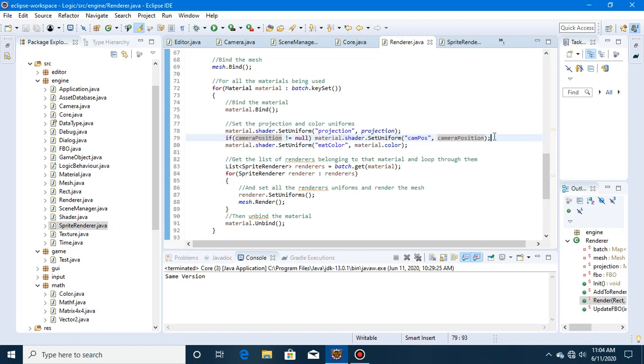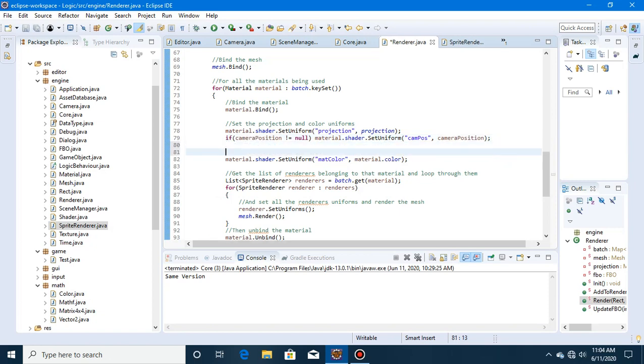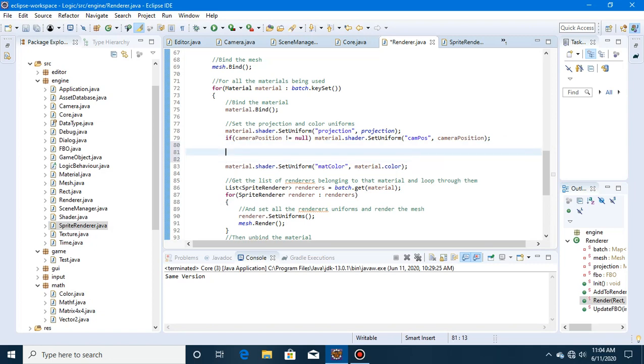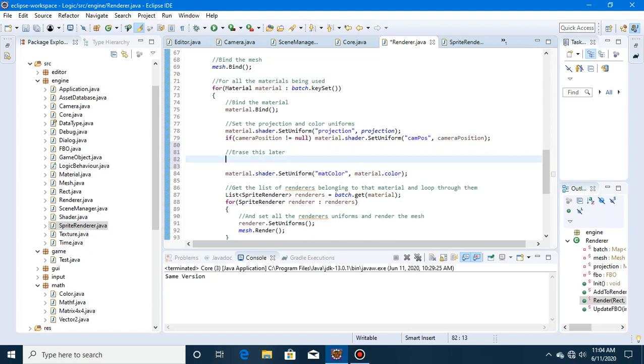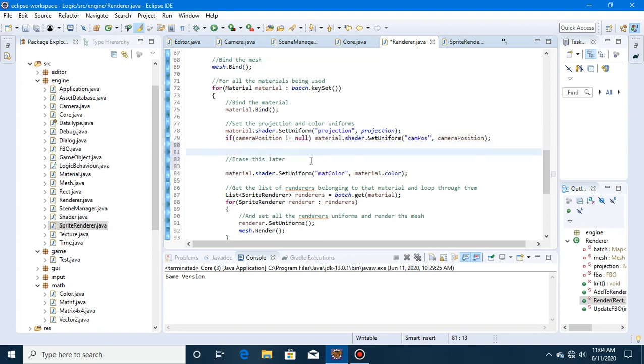Actually, let's just go ahead and add this anyways. So if there's no camera position, we'll say erase this later. I'll put it underneath it. Else